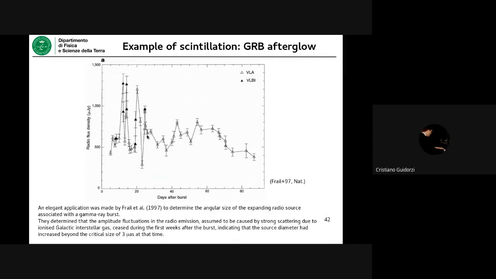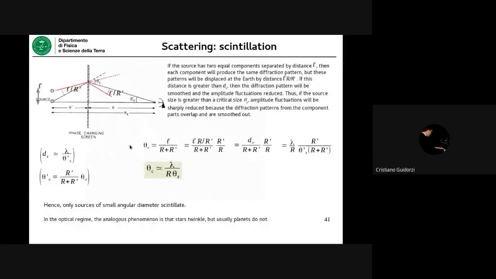Well, the interpretation was that this is the result of scintillation due to the plasma that we have in our own galaxy, which is relatively close to us, a few kiloparsec away, and for which we know the critical distance. So getting back to here, you know this guy here,